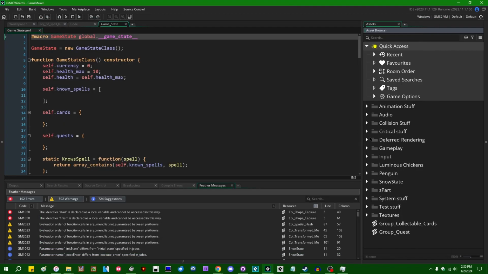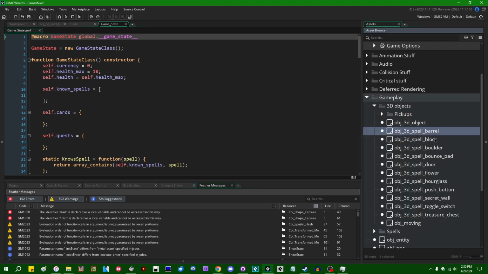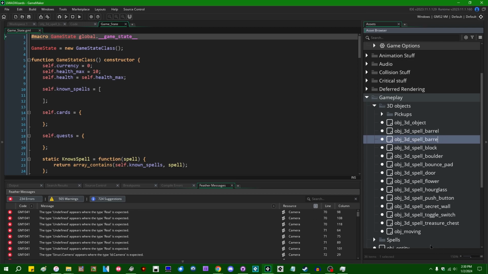All right. Gameplay 3D objects. There are quite a few of them. Let's see. Actually, hang on. Would it help if I clone the toggle switch or the push button? Let's clone the push button. No, Game Maker, help, stop. OBJ 3D